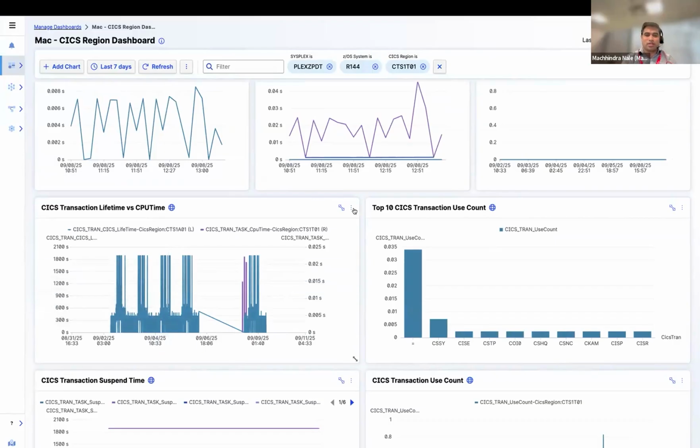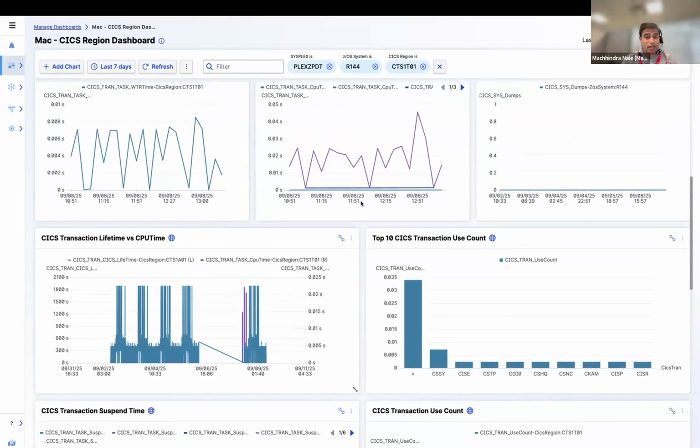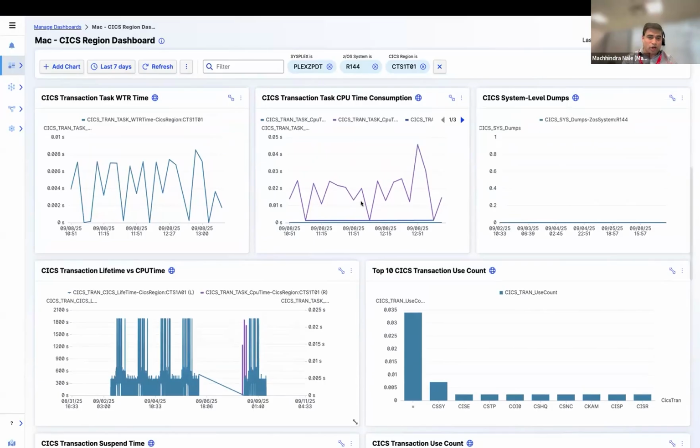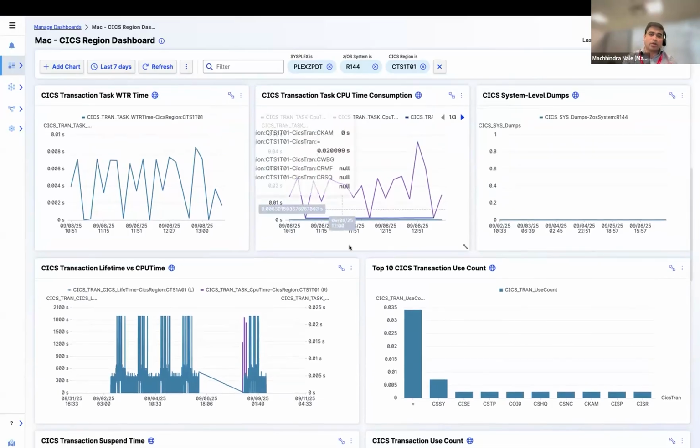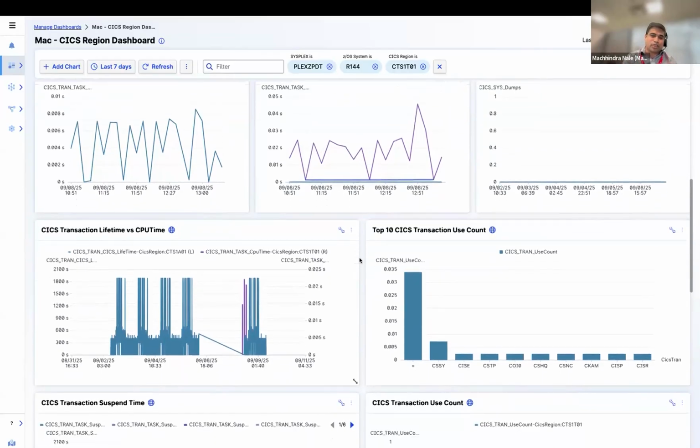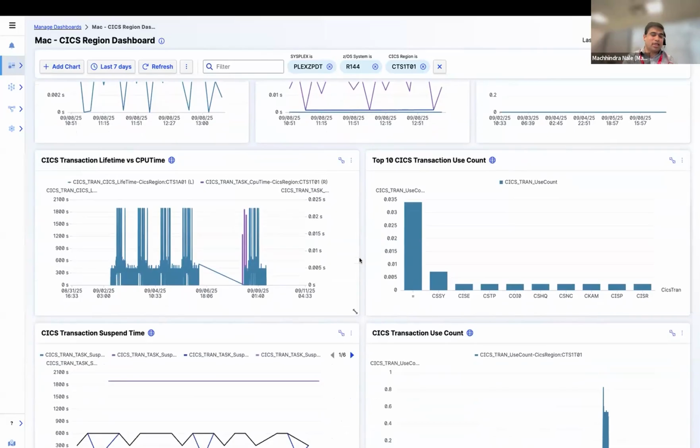What I'm showing you is a ton of metrics that we already collect with the existing monitors, which can also be looked at when you want to diagnose this problem. Here is a sample dashboard showing the key performance indicators of your CICS, and you can deep dive into those charts.